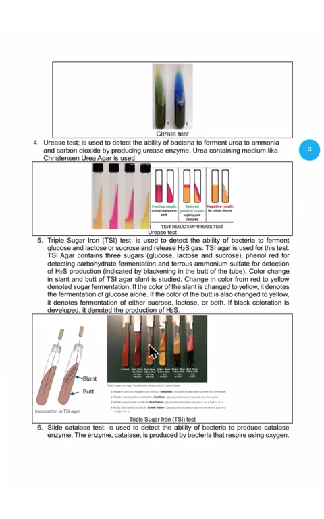If the medium changes in the slant and the butt, both of them, then that means the bacteria has the ability to ferment the three sugars: